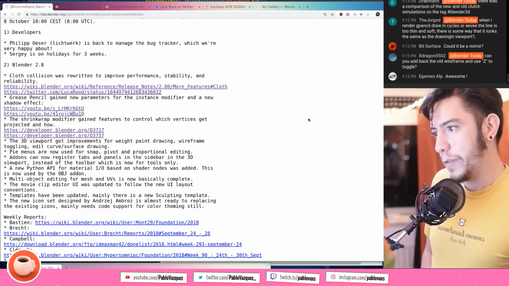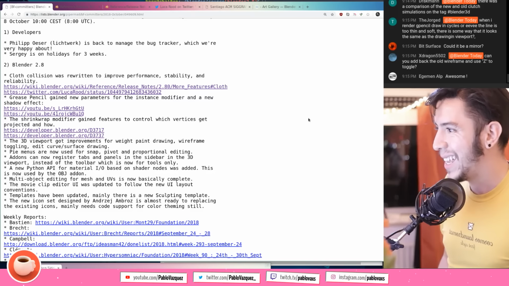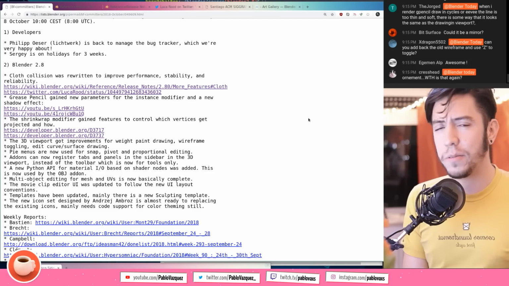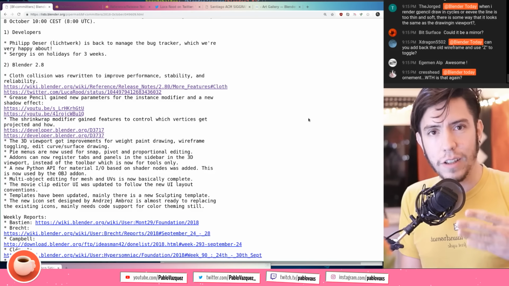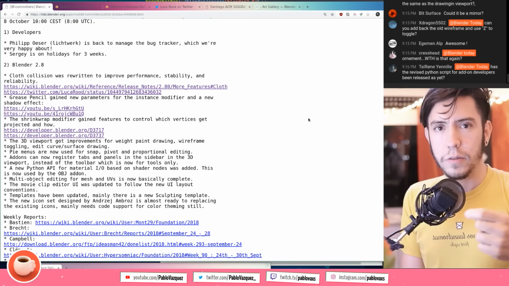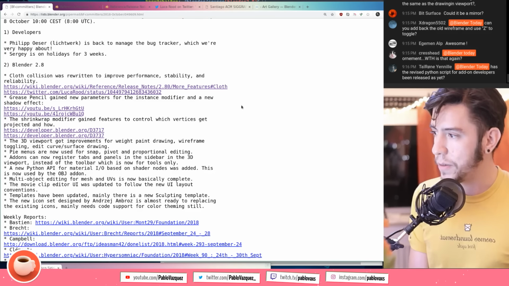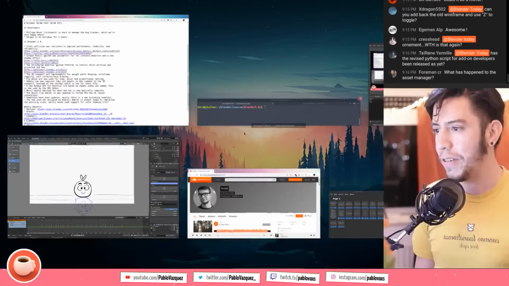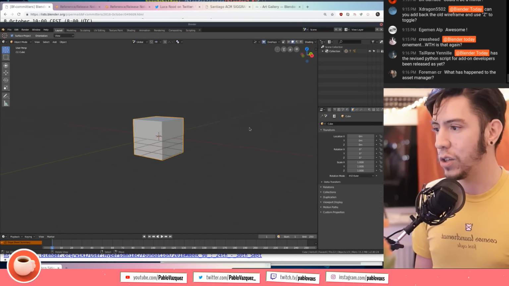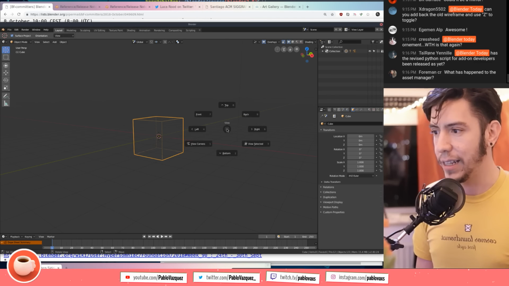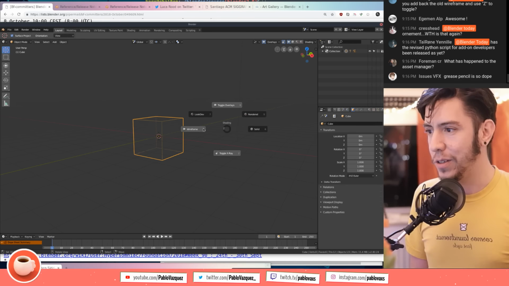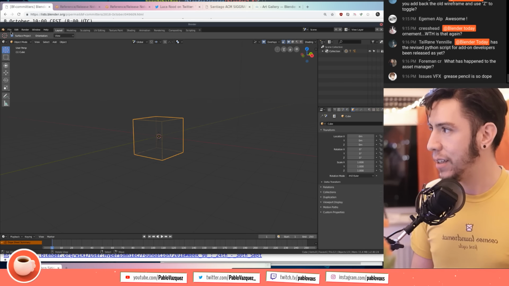The viewport got improvements for weight painting, wireframe toggling, edit curve, surface and drawing. Surface drawing, yes. When you edit curves, that was mainly fixes on the way the points on the curves are drawn on top of the mesh or not on top of the curves. Then wireframe toggling got improved, because when you switch to wireframe now with the Z toggle, you will see that they are, oh, actually this is not